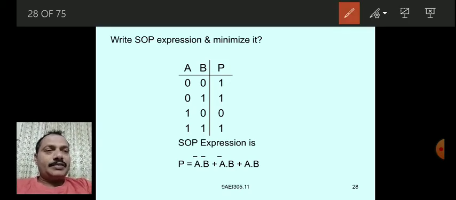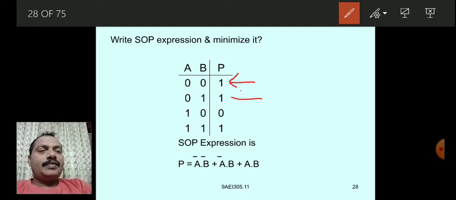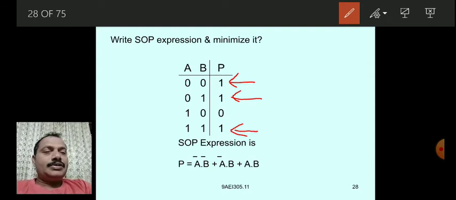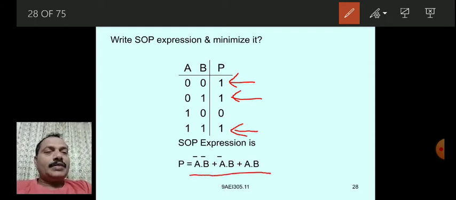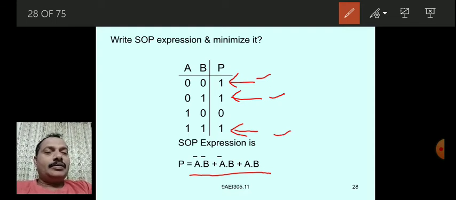The SOP expression will be written for this product, this, and this, because only minterms are possible in the SOP. Hence only three terms are taken: in the first term A bar B bar, plus the second A bar B, plus AB.